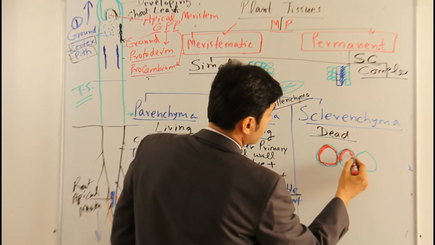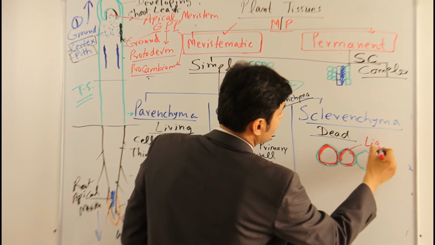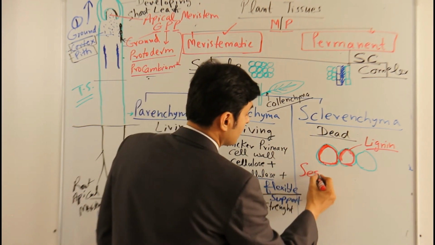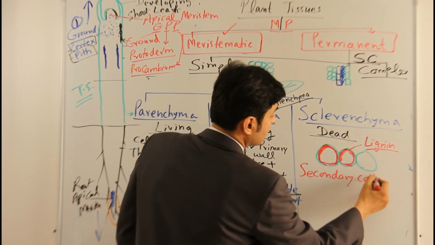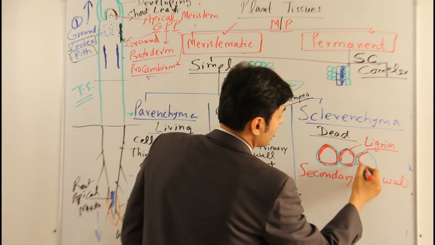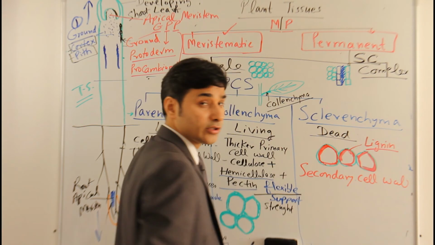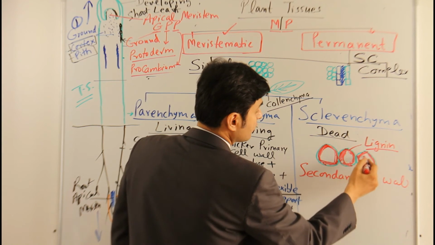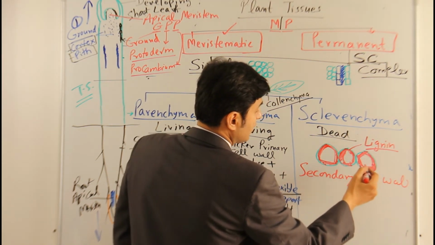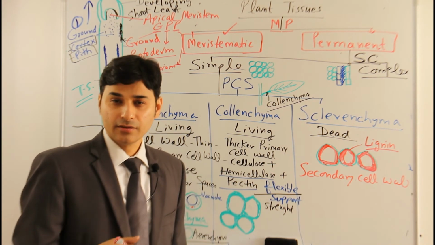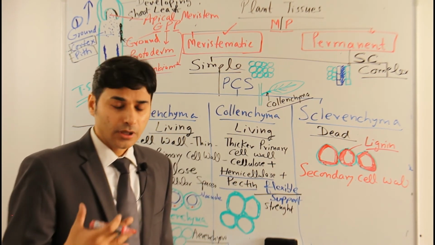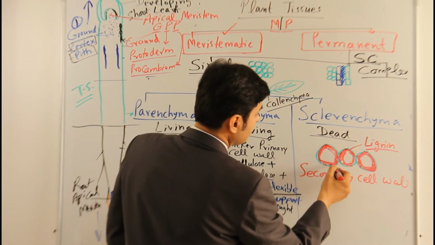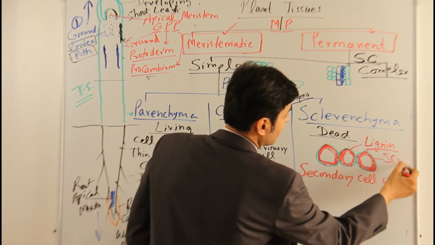So here, the presence of lignin and the presence of a secondary cell wall. I'll write here: secondary cell wall, and this is what? Lignin, a very important plant chemical. And it is dead. There is no cytoplasm, there is nothing in between. It just has an empty space, lacunae. You can say it has nothing inside, it's a hollow place, and this is the lignin or secondary cell wall.